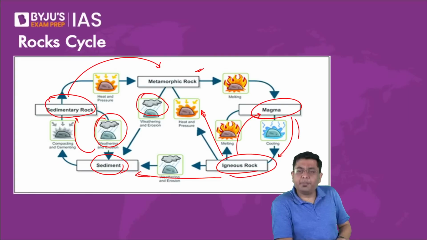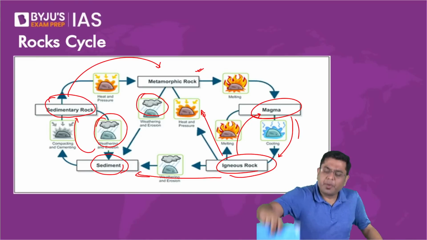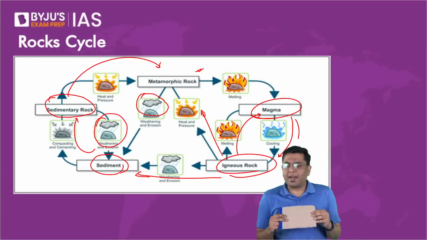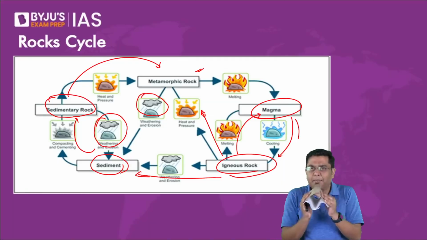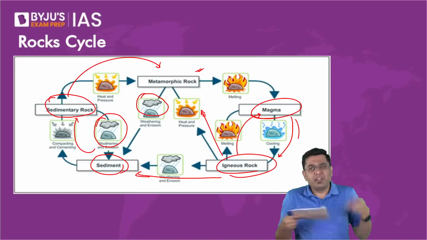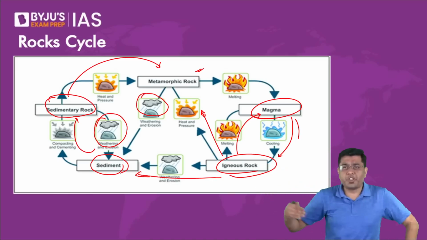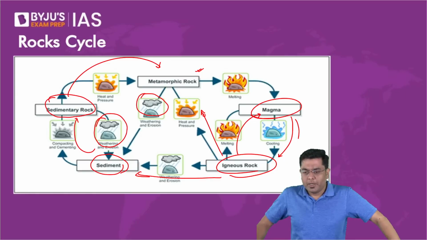Metamorphic rocks, Deepshikha, are basically those rocks which, over a period of time, when an igneous or a sedimentary rock undergoes a lot of compression. For example, take the case of Himalayas. We will talk in detail about that as well tomorrow. When the Himalayas were formed, the crust got compressed. So if there was sedimentary rock here, getting compressed significantly in this portion, it will experience high pressure and high heat, so it changes its structure into metamorphic rock. Okay,